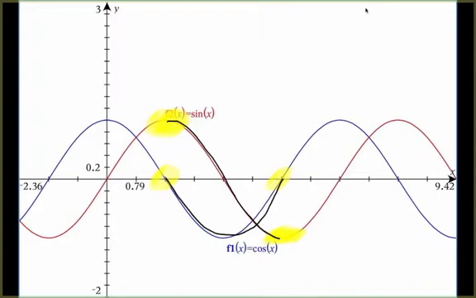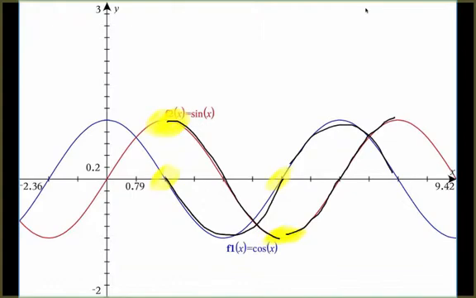When the slope of sine is decreasing, the cosine function is below the x-axis. When the slope of sine is increasing, the cosine function is above the x-axis. It is positive. So we can see that the derivative of sine of x is modeled by cosine of x,